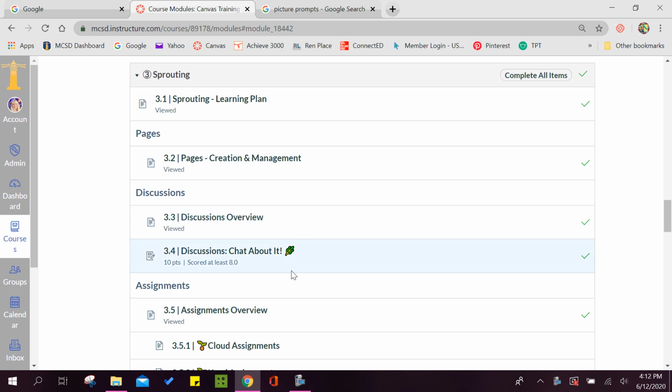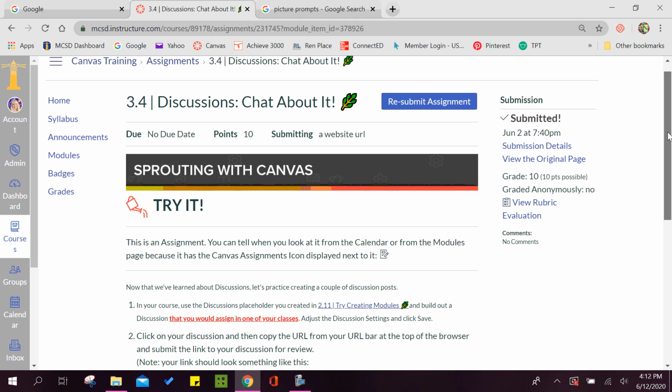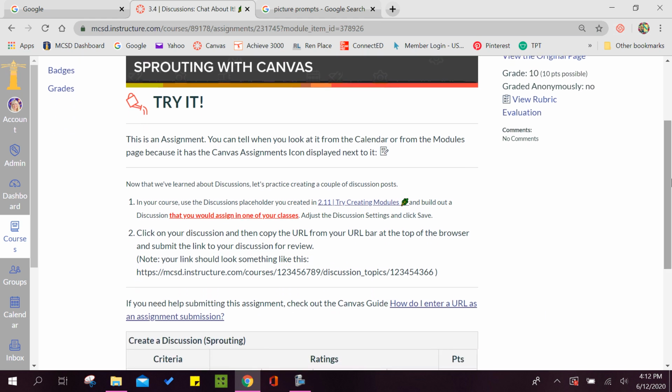Then you notice on 3.4 you've got a leaf, so that means we have to submit an assignment. So let's click on it and see what they want. So it says in your course, use a discussion placeholder. Basically what this is saying is create a discussion that you would assign to one of your classes. Once you've